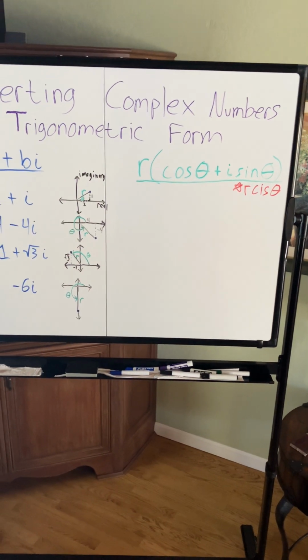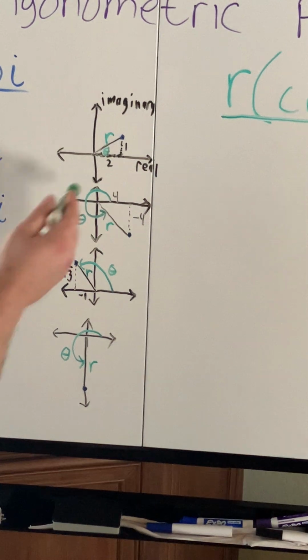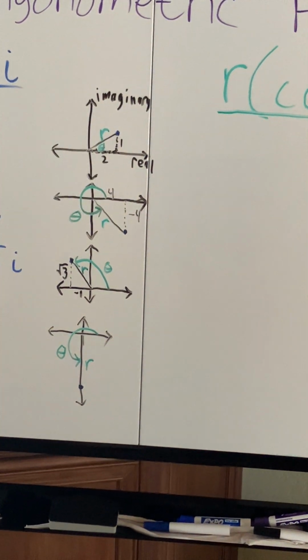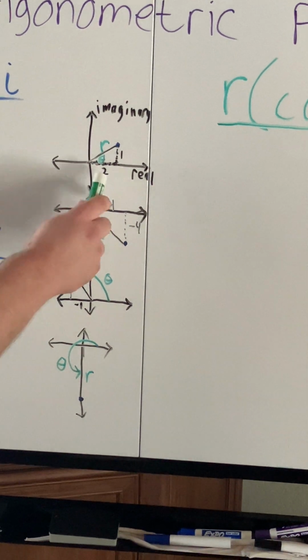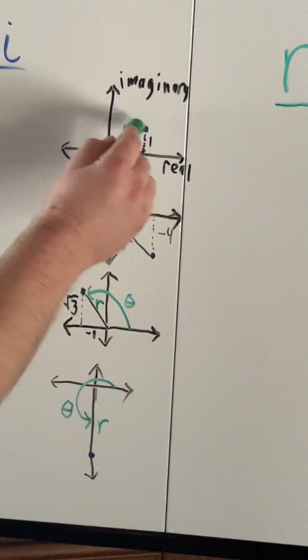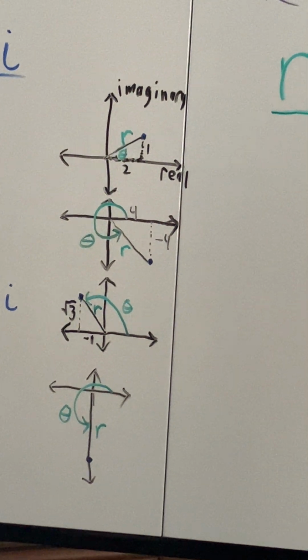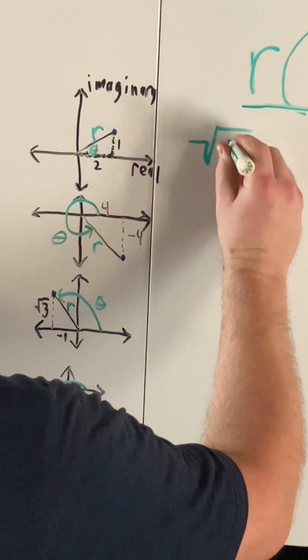And you can see in this little graph, r is essentially just the hypotenuse of the right triangle that's formed, and theta is the angle there. So in this first one, r is just going to be a squared plus b squared equals c squared. So we're going to get an r value of the square root of 5